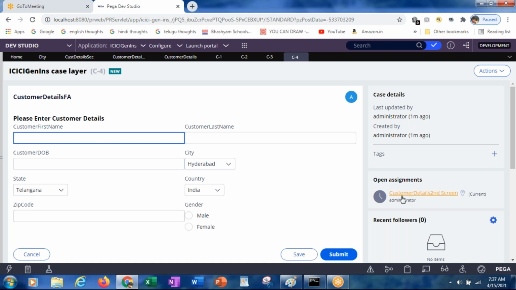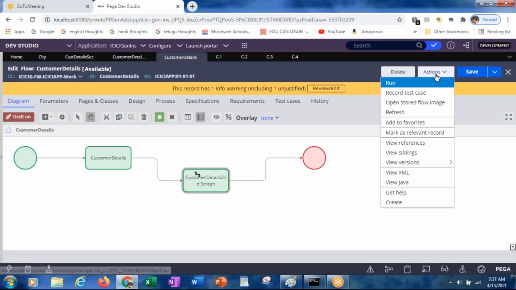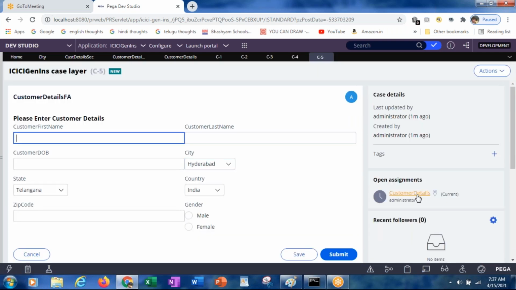Open assignments, customer details, second screen. Whereas if you are on the first one, what will it display? You see here, customer details. So the assignment name will be displayed here, the Flow Action name will be displayed here, and then the section values will be displayed here.